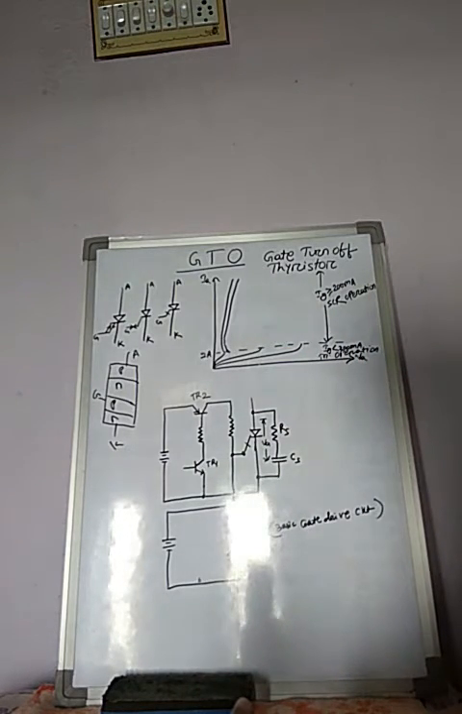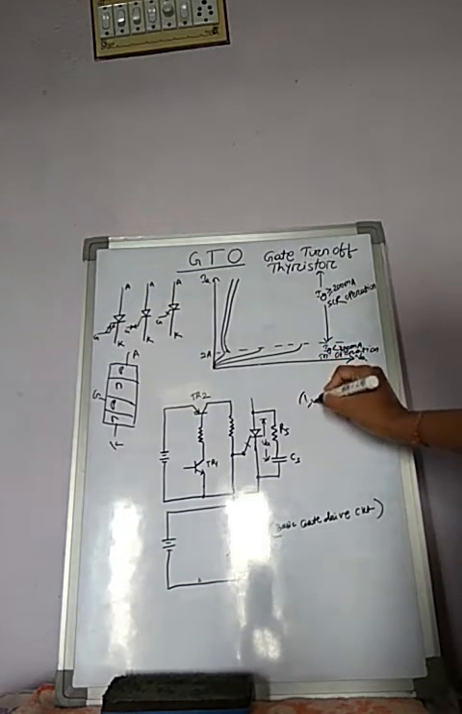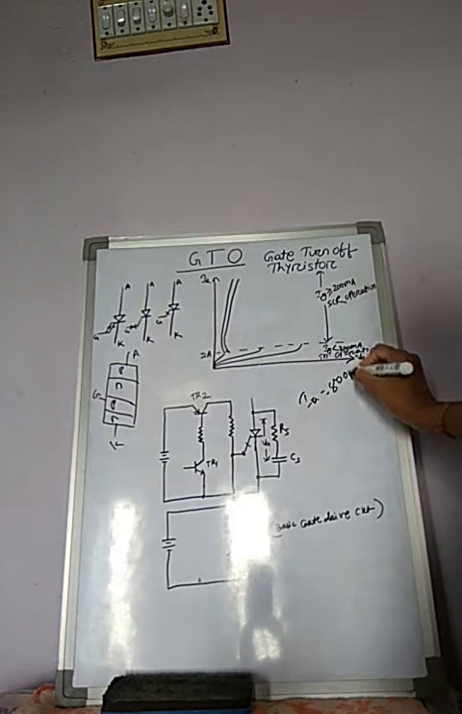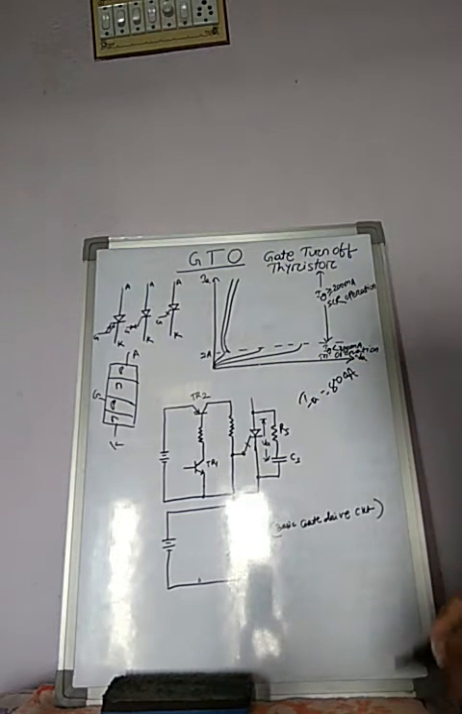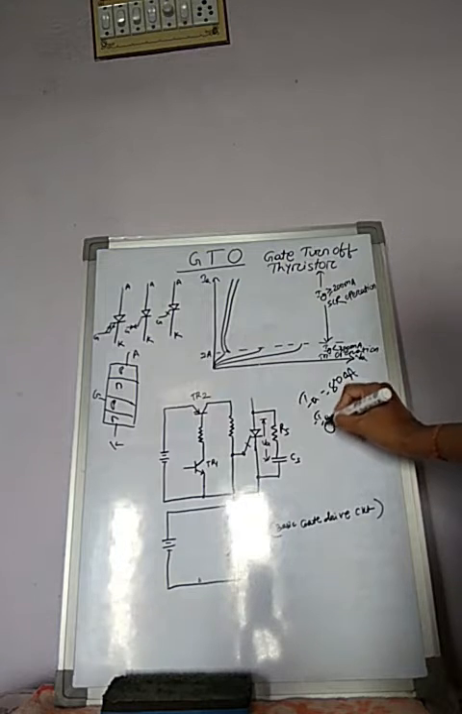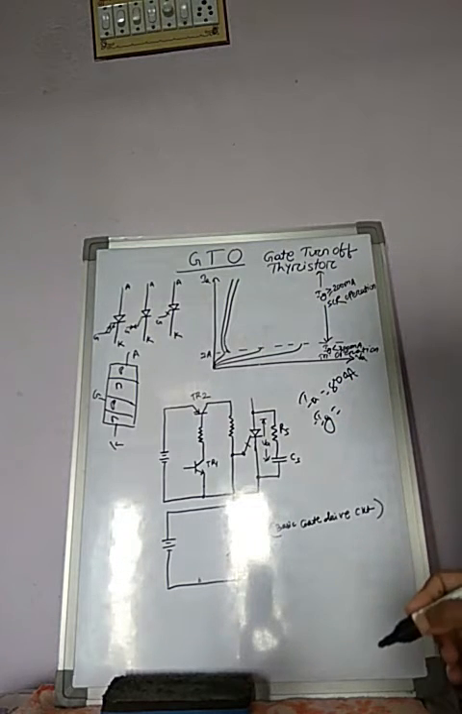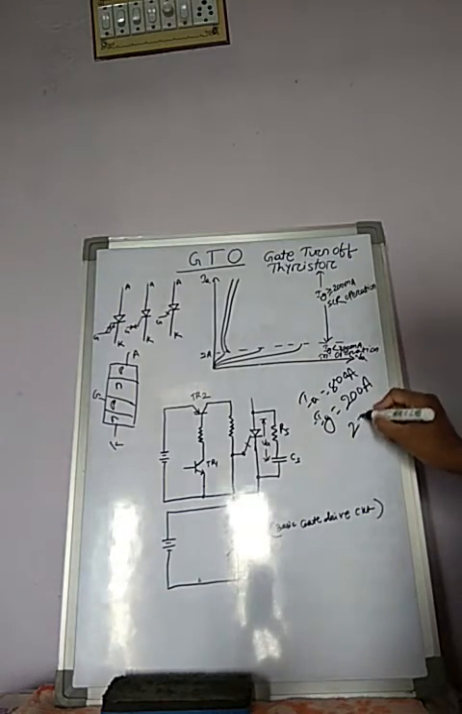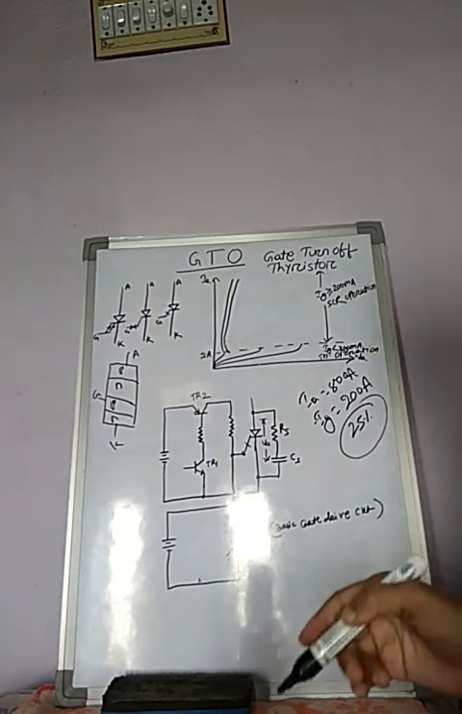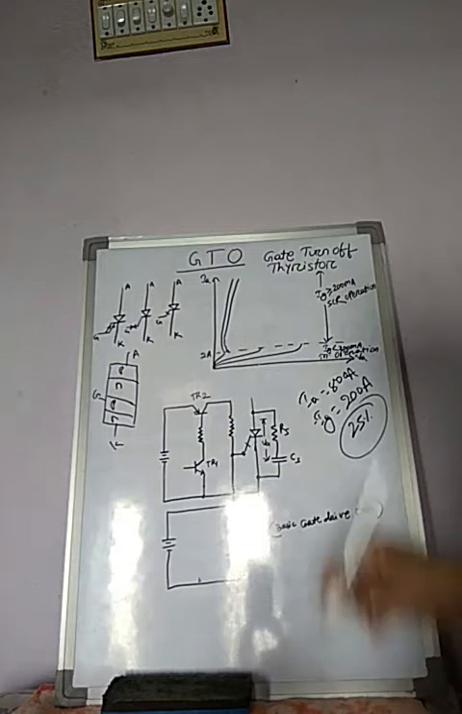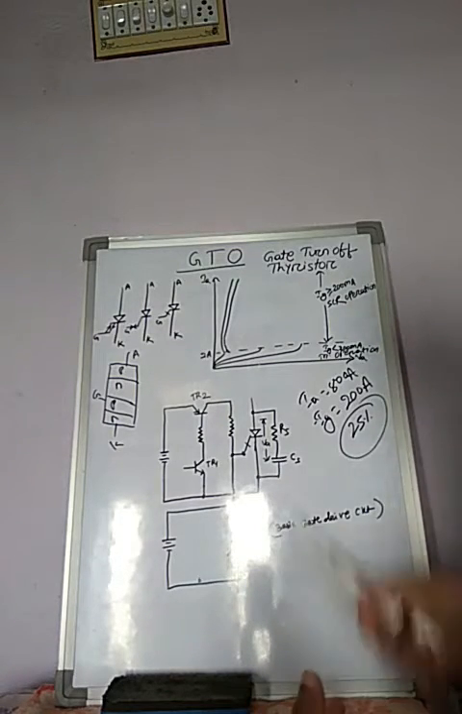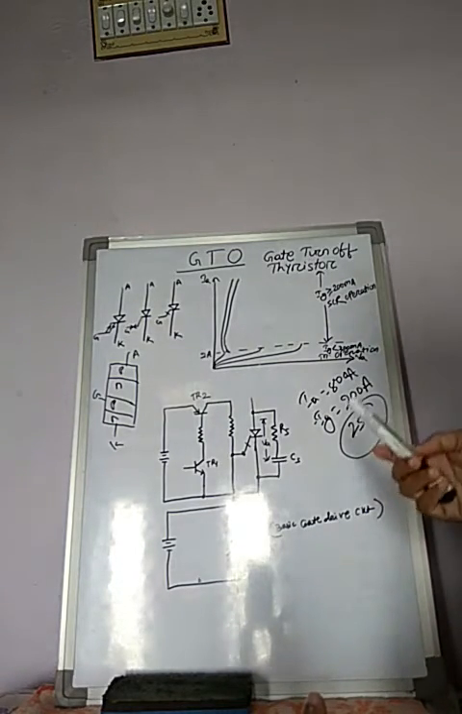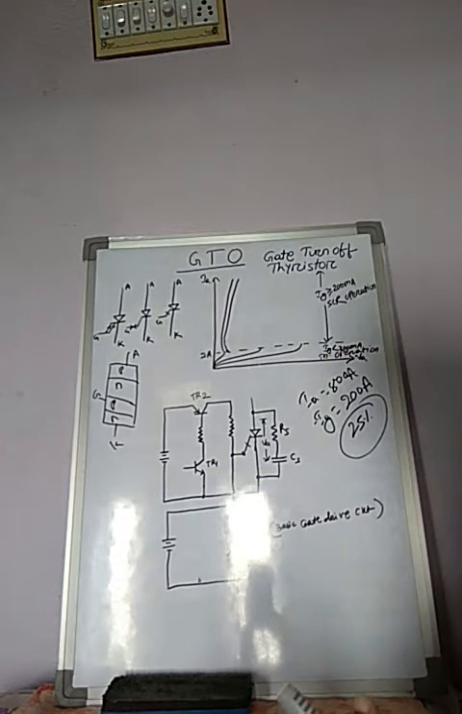See here, if your anode current is 800 ampere, then the negative gate pulse required to turn off the GTO is around 200 ampere, which is 25%. So I told you that the negative gate pulse required to turn off the GTO is 20 to 30% of the anode current. Okay, so